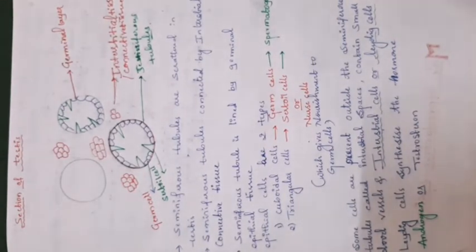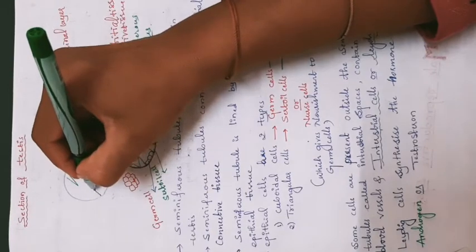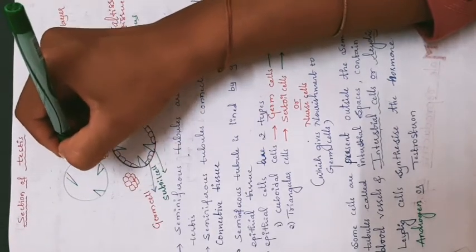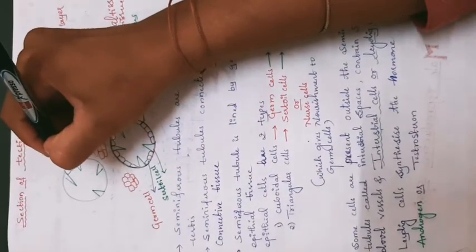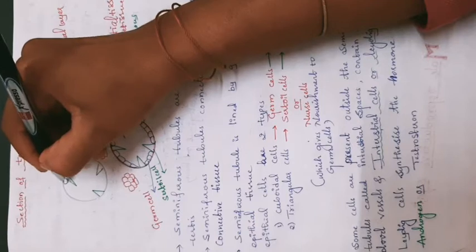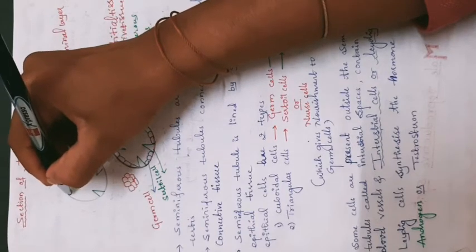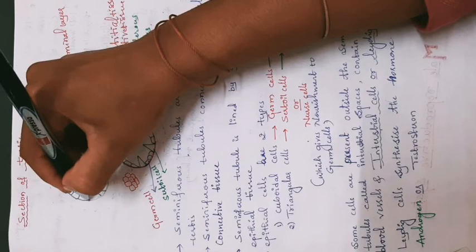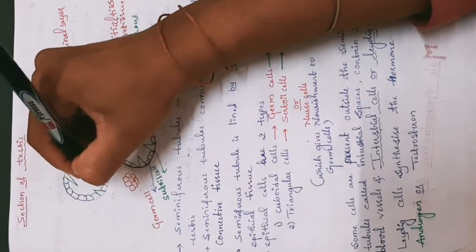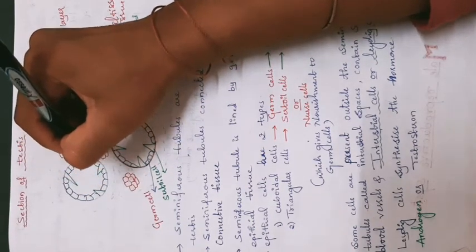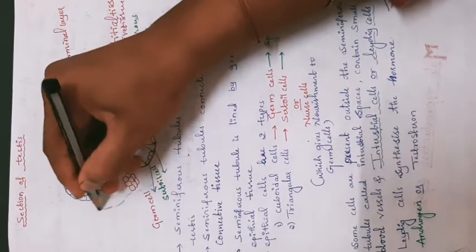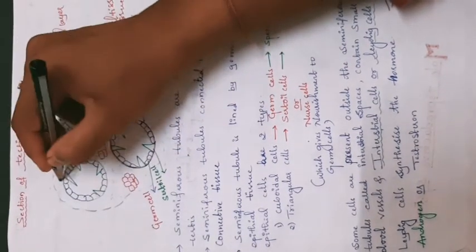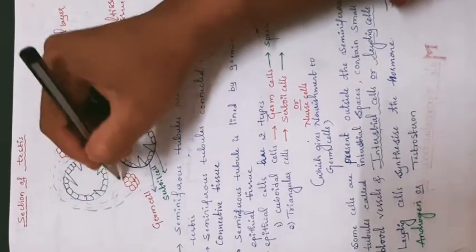Here also the same diagram. Please practice this diagram, it is very important. Triangular shaped cells and cuboidal shaped cells, cube like. Many cuboidal cells are present compared to the triangular shaped cells. Okay. Then each seminiferous tubule is connected with the interstitial connective tissue,